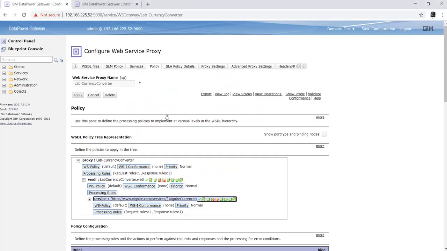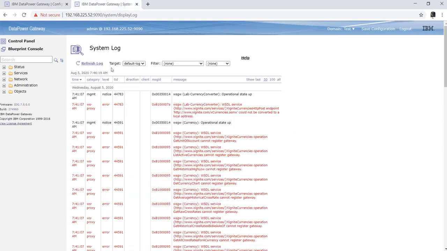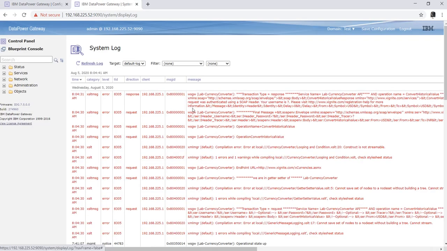We got a response from the backend system, and let's see what we got in our logs. Here we are in the getter setter. For the time being you can ignore these things, because there is no issue in our XSLT and we are getting the intended response.